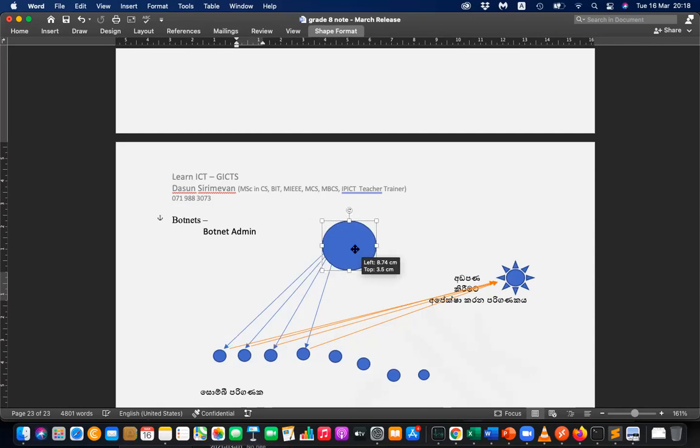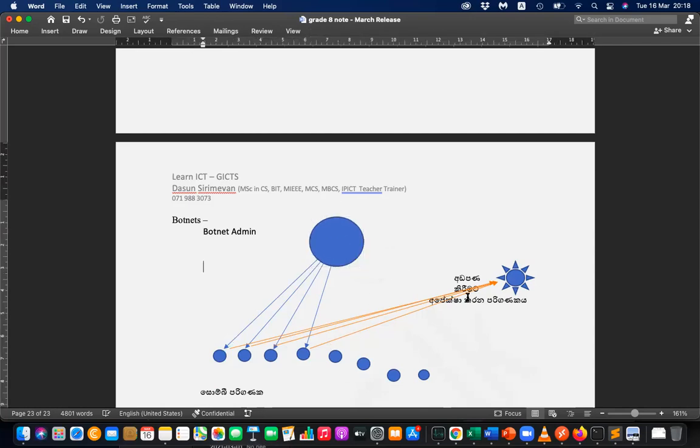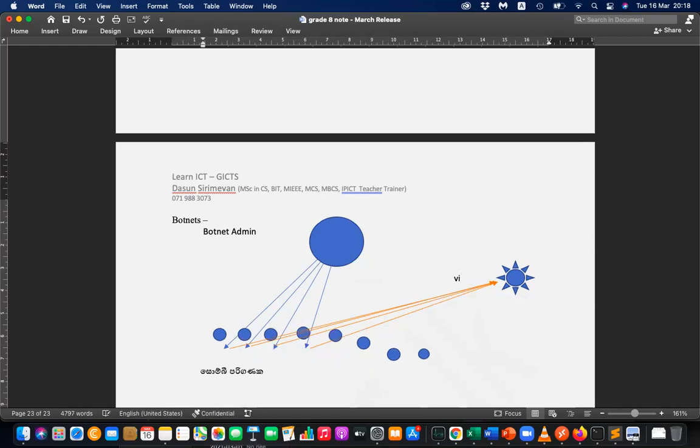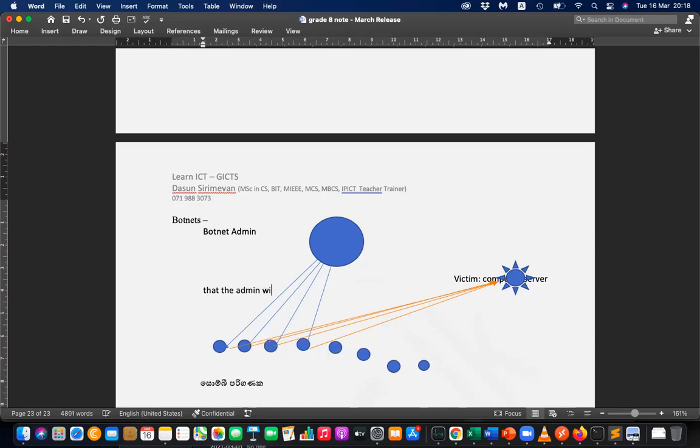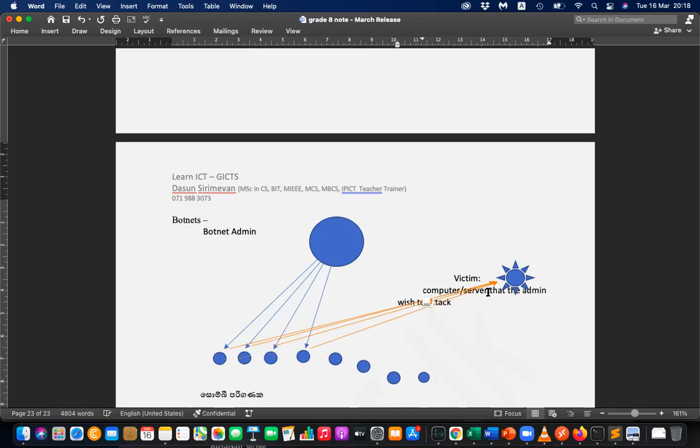He will use your computers to attack others. Here is the computer or server that the admin wishes to attack, the victim.